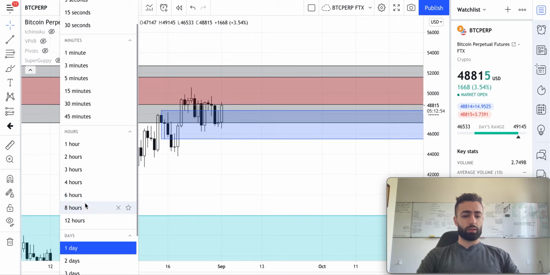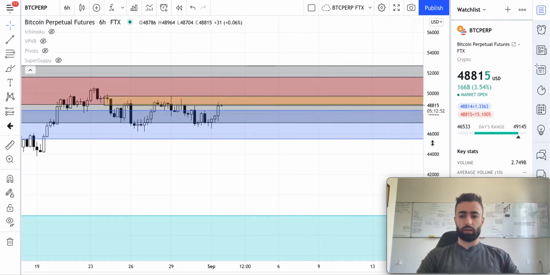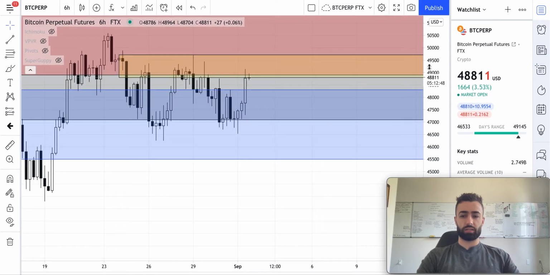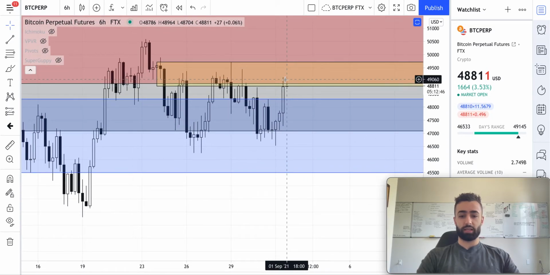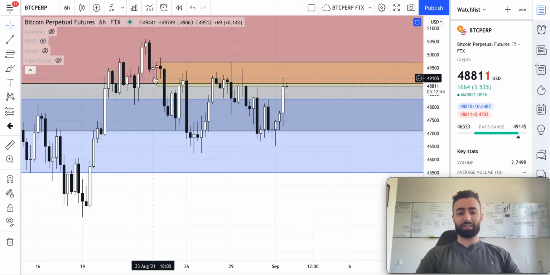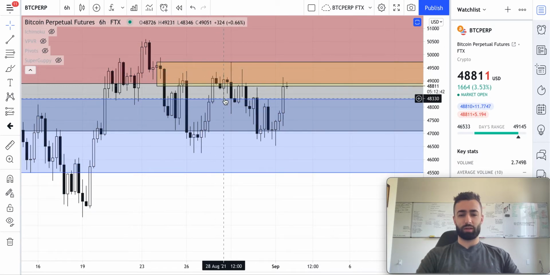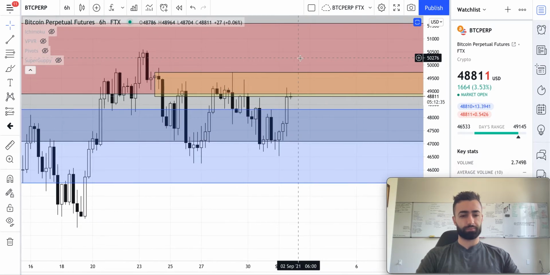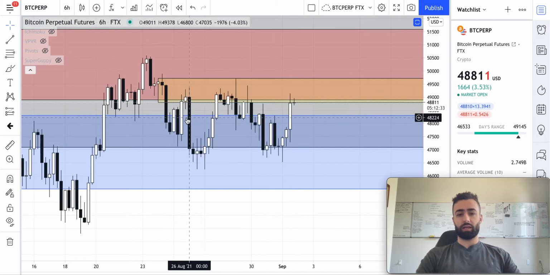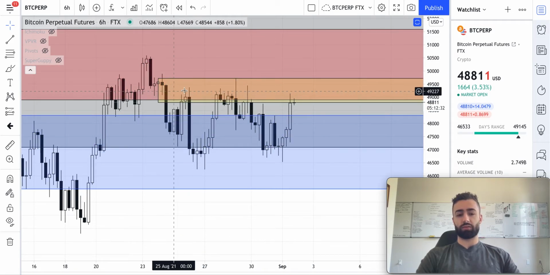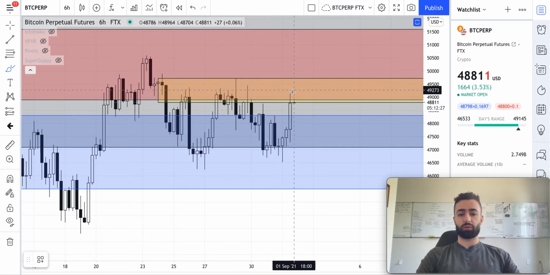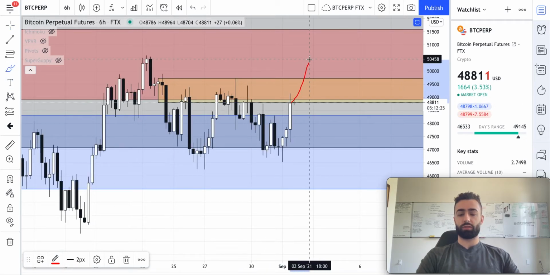So if we go down to the lower time frames, like the 6 hour, something I want to highlight here is this yellow resistance level that we're testing again. So we've tested this resistance level now once, twice, 3 times, 4 times, 5 times. This is the 6th time we're testing it. So every time, like we said, this level is getting weaker because we've tested so many times. So if we go above this zone, very similar to the other resistance zone, and close 2 candlesticks above it,